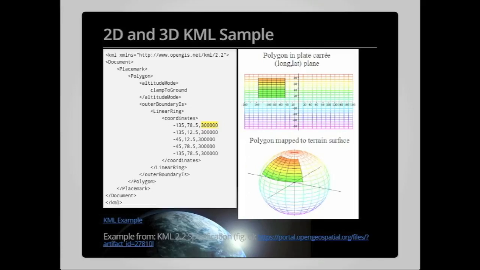All subsequent values are separated from that triple by a space or a new line, basically by white space. So you'll see that we have now these other 4 coordinates